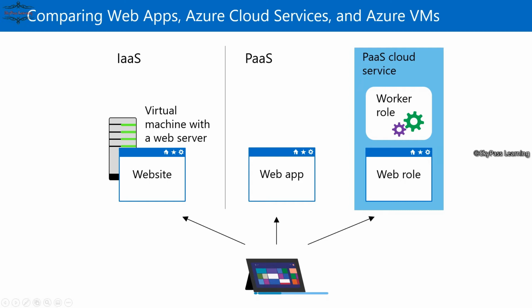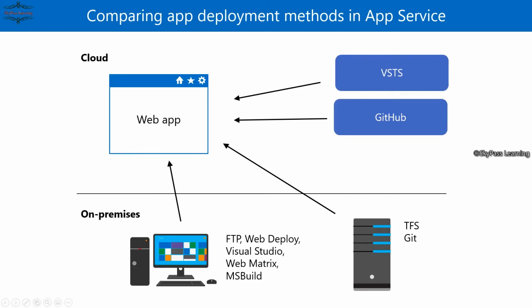You can define the roles and you can access it. And we also have a small more concept. If we talk about comparing the app deployment methods in app services, the various methods are there like Visual Studio, encodings, GitHub. You can use secure file transfers. You can use your structure on premises if you have, you can directly transfer the data from there. So whenever you develop a code, you can just upload those codes or you can just upload that web app